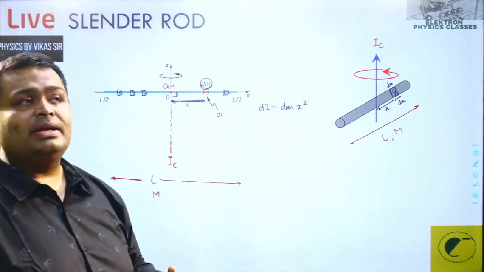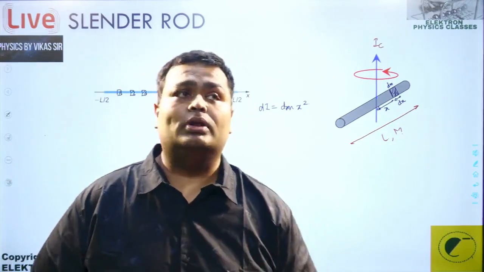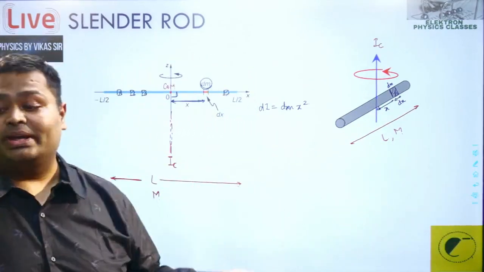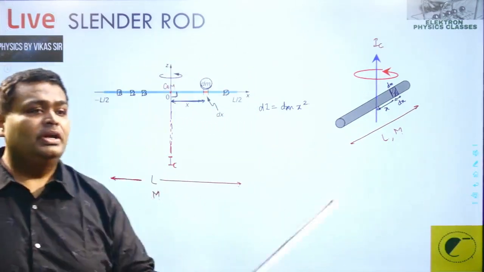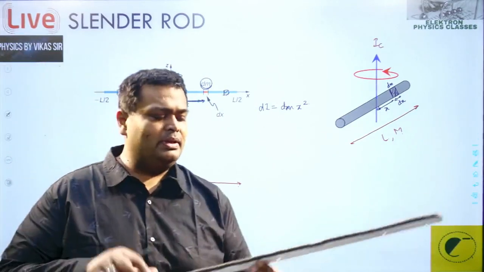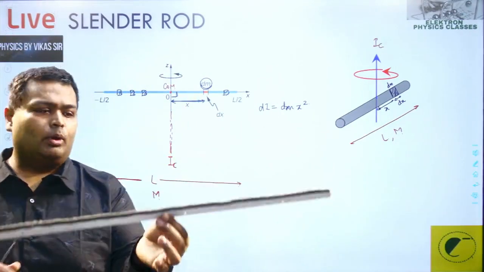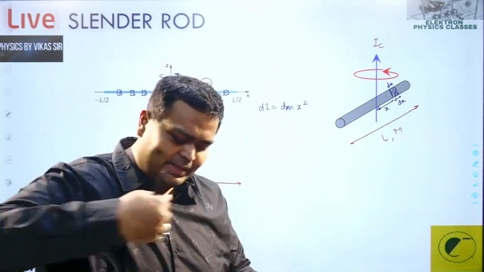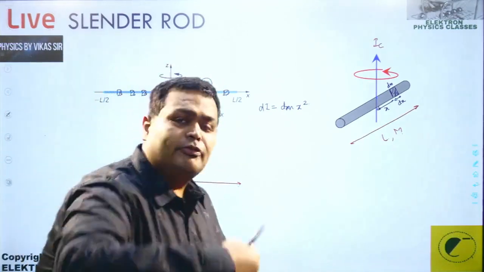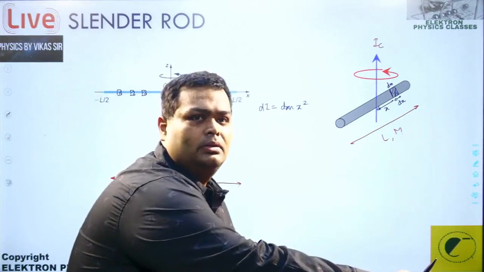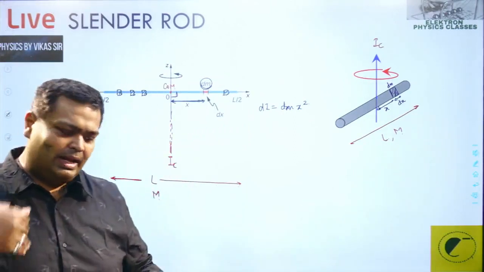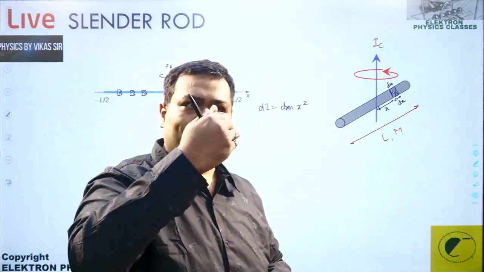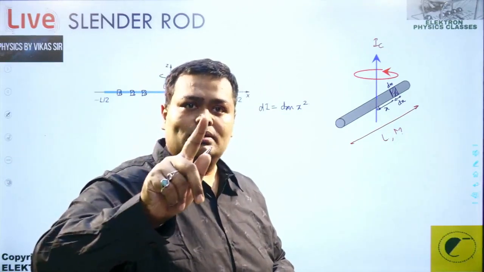But then we will be having this intuition, first of all, that the limit should be 0 to L. But that's not the case. If this is a rod and is supposed to be rotating about a vertical axis here, over here, half of the particles are here and half of the particles are here. So this is the origin from where the axis is there. But the limit is not 0 to L.